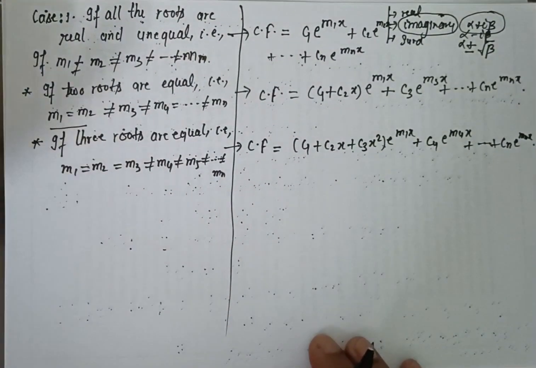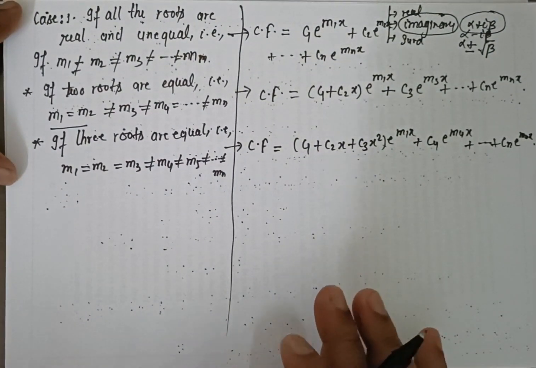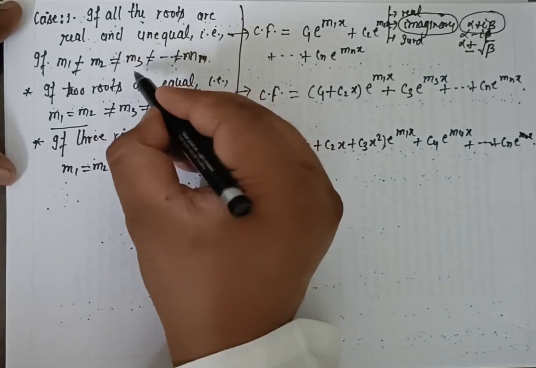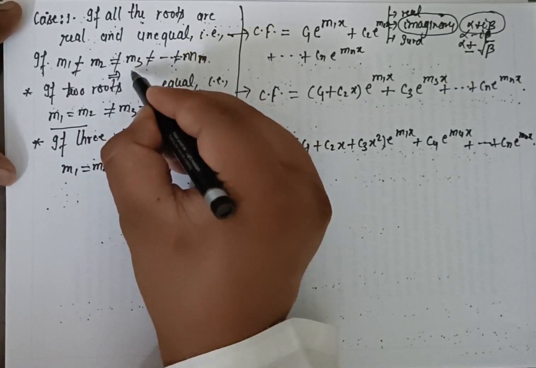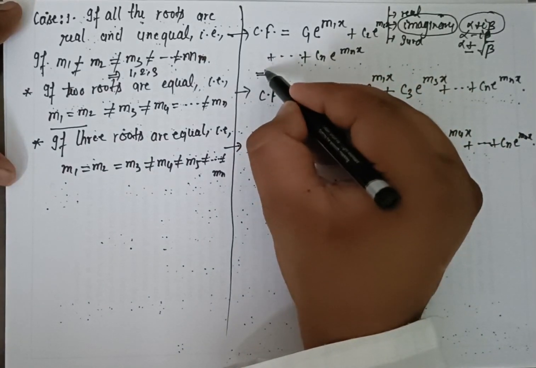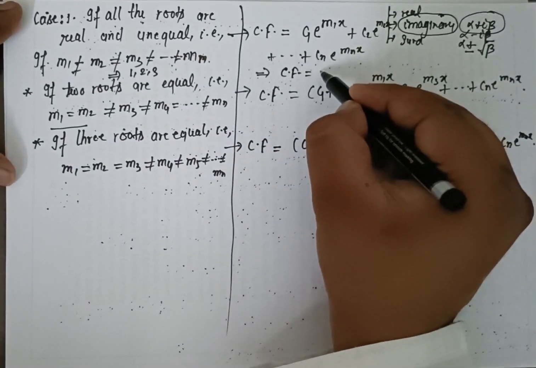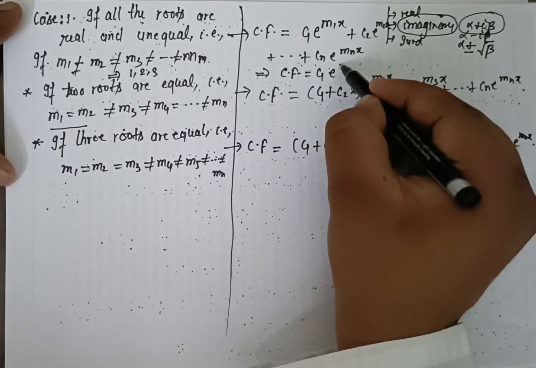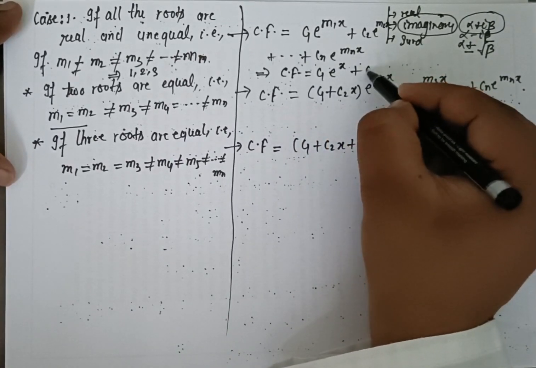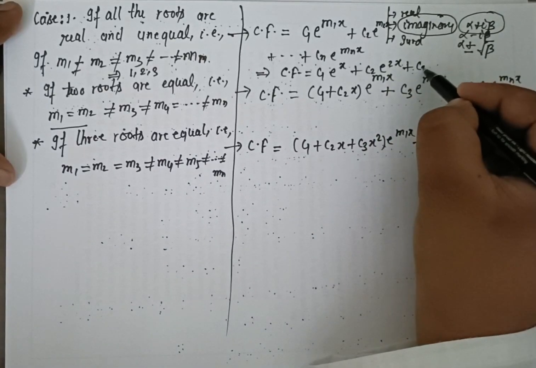Now for example, if we have the roots as 1, 2 and 3, your complementary function will be CF is equal to c1 e to the power x plus c2 e to the power 2x plus c3